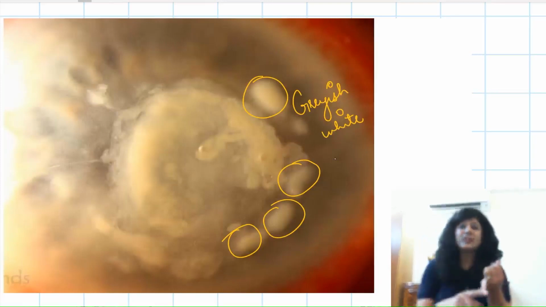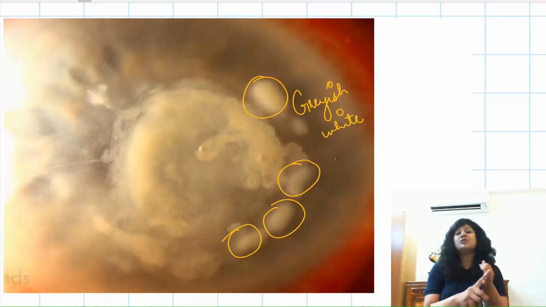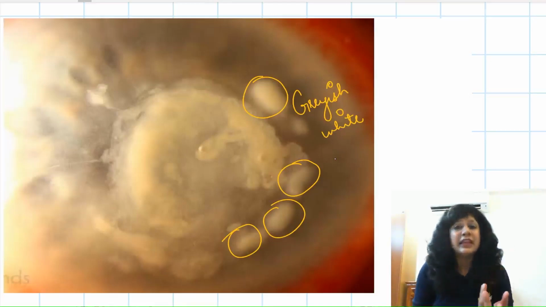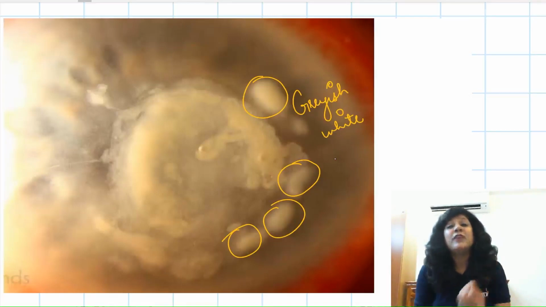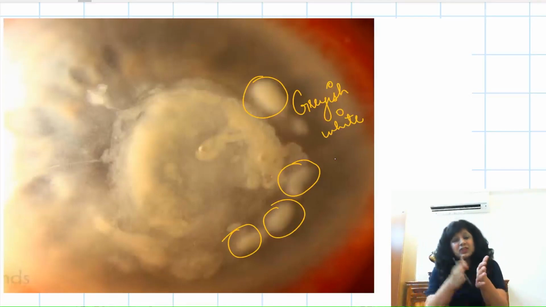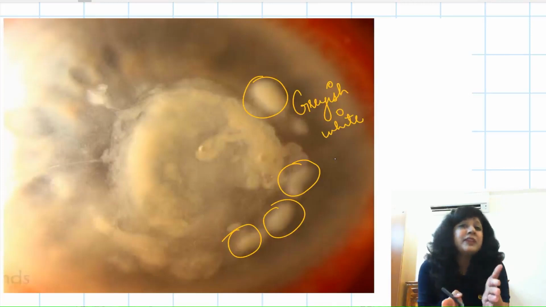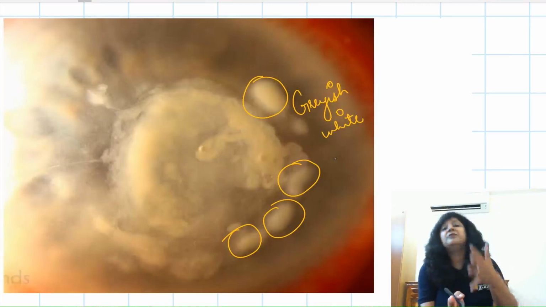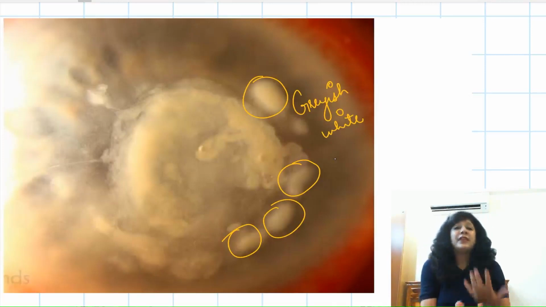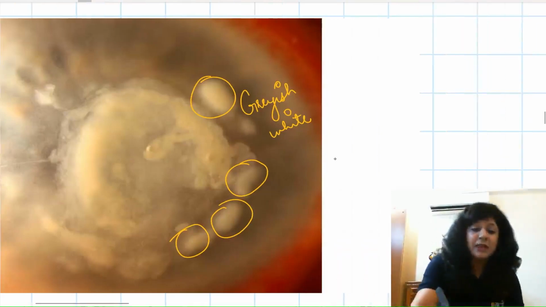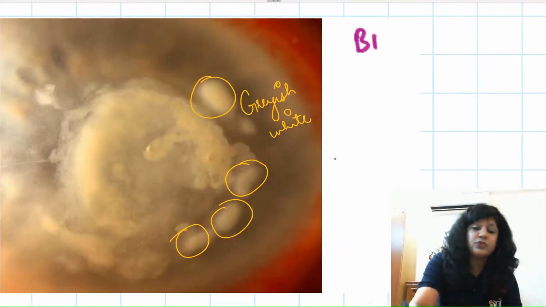So it is grayish, dry looking, rolled out margins. We have got multiple satellite lesions. We have got the feathery margins, immune ring of Wesley. So a demarcation line between the healthy cornea and the ulcerative cornea is formed by the inflammatory cells. Vascularization is absent. Symptoms are very, very less. But usually we get a big hypopyon. So that is important. Usually a big hypopyon is present.